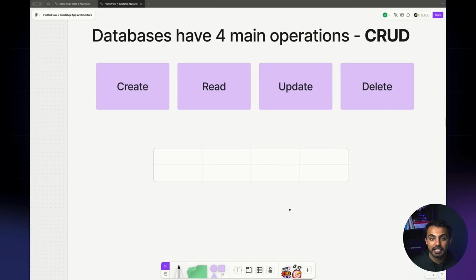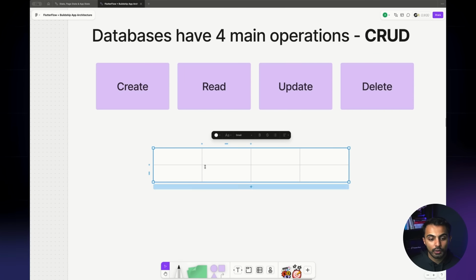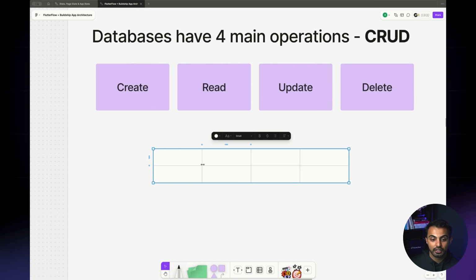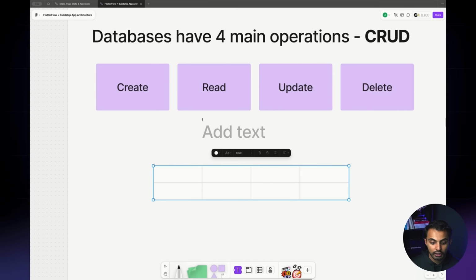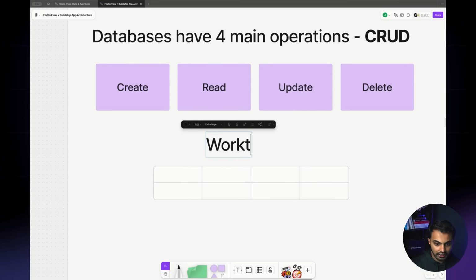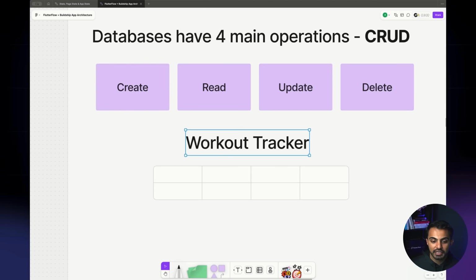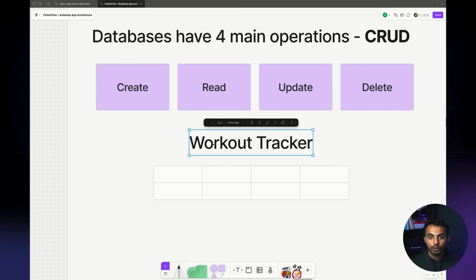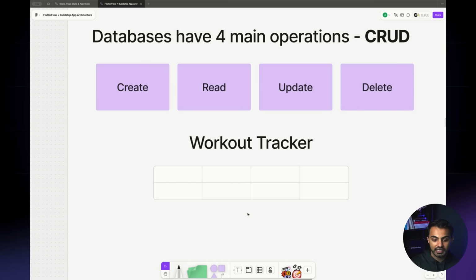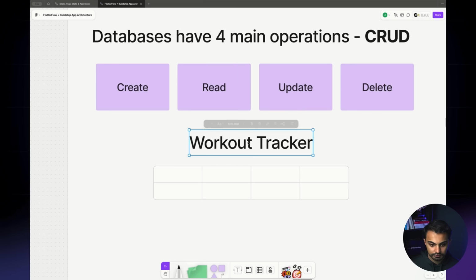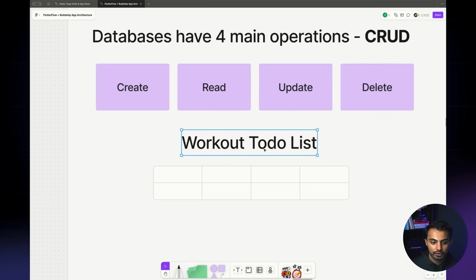Like it's just a sheet of data, okay? So when we are creating a record in our database for our workout tracker, what are some of those fields that we are going to have? And say this app is going to be a tracker where we load in a workout and then we have to mark when it's done. Okay, so let's call this a workout to-do list rather than a workout tracker.